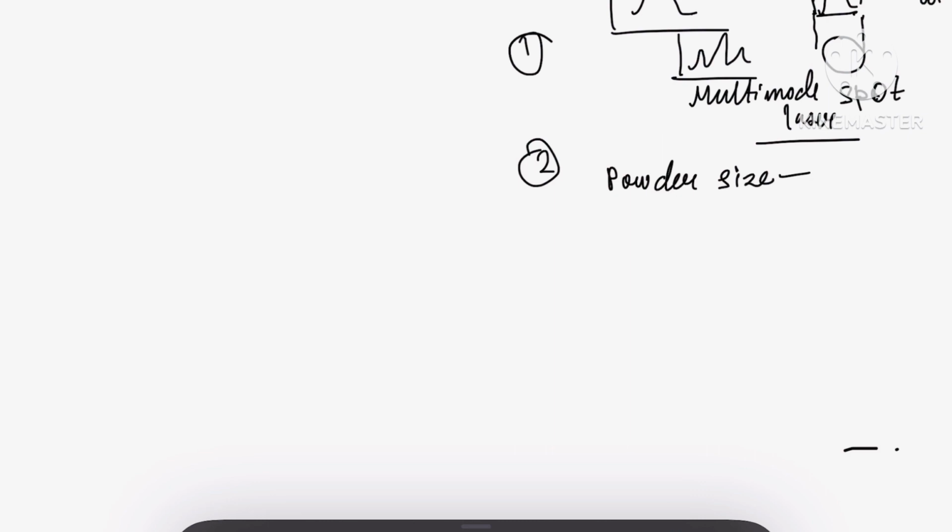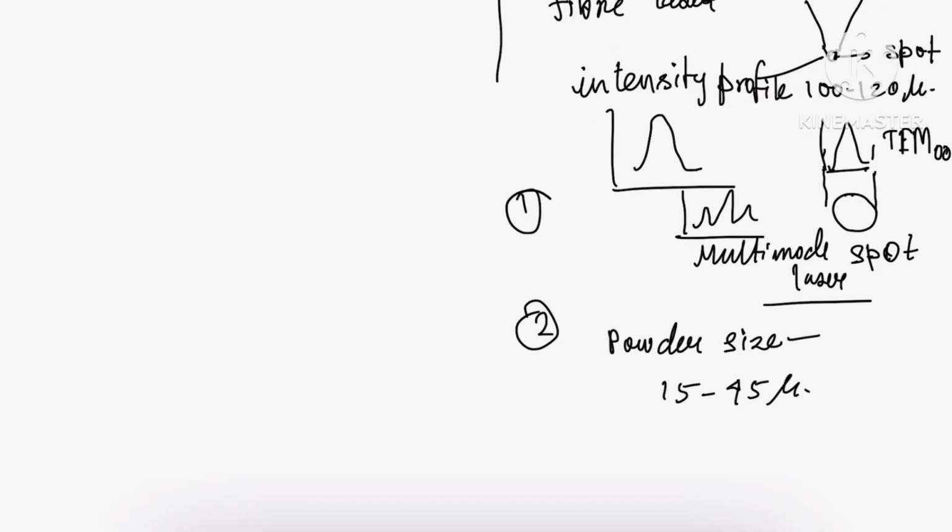The powder particle size distribution for LPBF is also in the range of 15 to 45 micrometer, which is also a reason to achieve that micron level accuracy. So all these parameters together are responsible for the micron level accuracy. Generally, LPBF machines work with 300-400 watt power, which is certainly a high power, but it's low in terms of